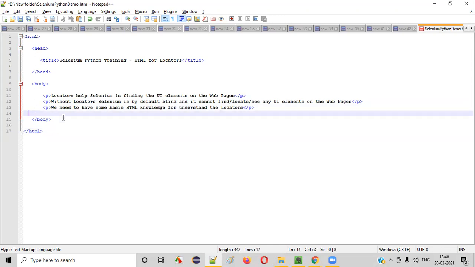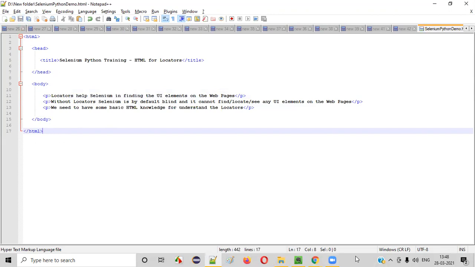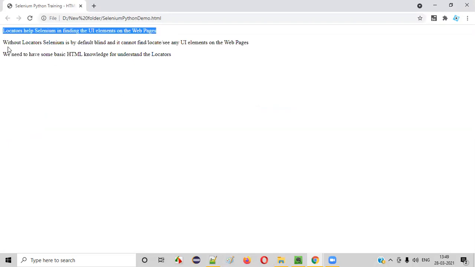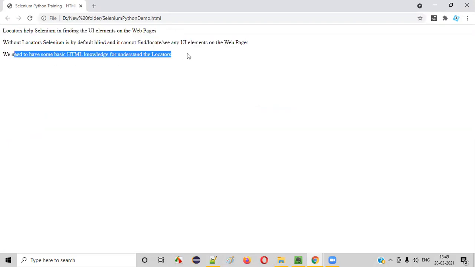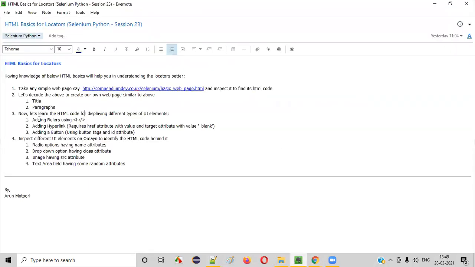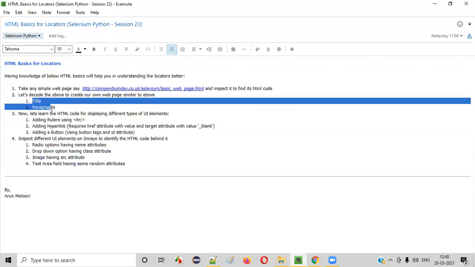Like this, I have created three paragraphs, guys. Between the starting paragraph tag and ending paragraph tag, I gave the text that needs to be displayed on the page. Now save this. The moment you save and come here and refresh this particular Selenium Python demo.html page, you see the three paragraphs got displayed here, right? First paragraph, second paragraph, and third paragraph. So after adding the title and paragraphs to the HTML code, we are able to see the same getting reflected on this page.